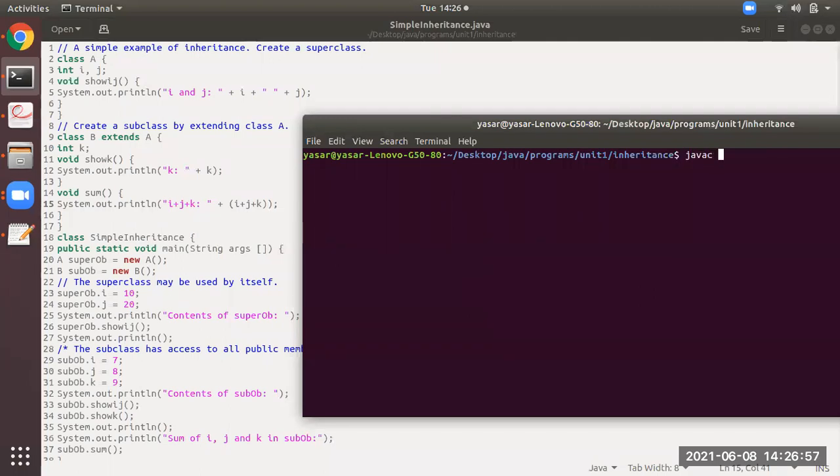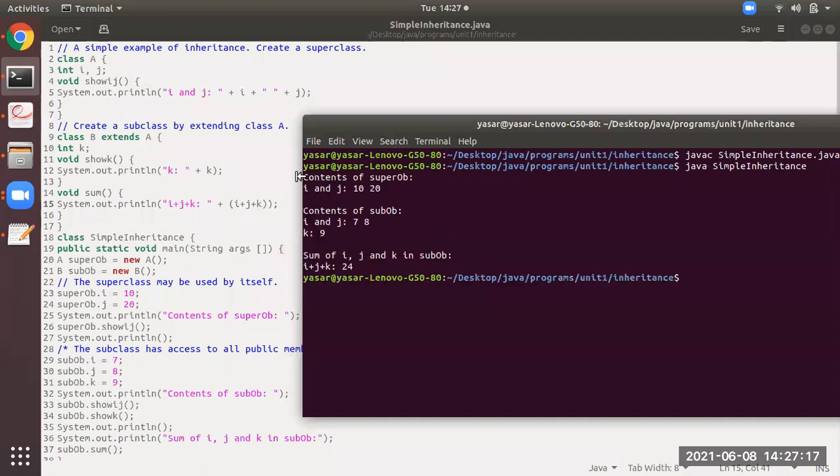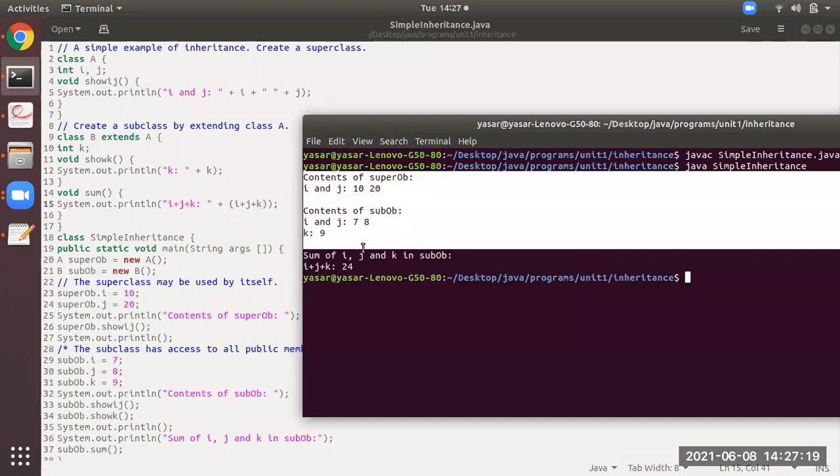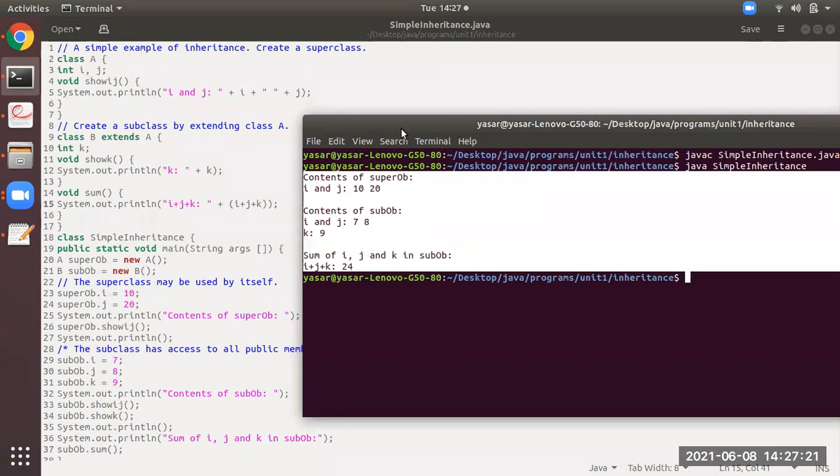First we will compile this program, javac SimpleInheritance.java. See, it is compiled now. Now I will run the program. Now you can see it is displaying the output.